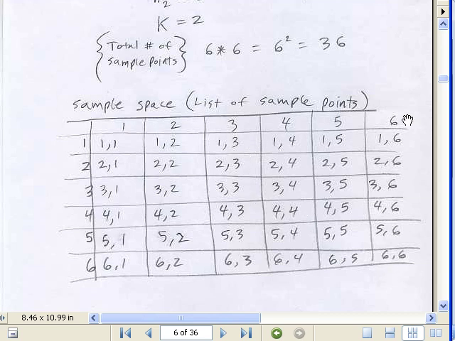No problem. Here it is. 1 to 6, 1 to 6. The intersection of any one, then it's easy, just like your multiplication table you learned when you were a kid, right? 4, 4, that means a 4, 4. 3, 3, that means a 3, 3. 6, 1, that means a 6, 1. All right.